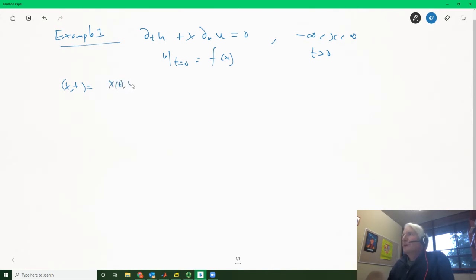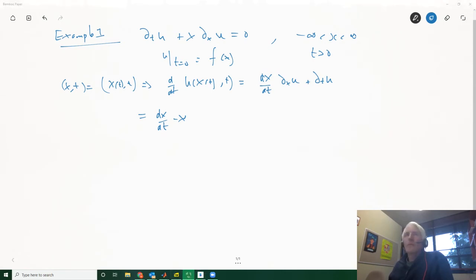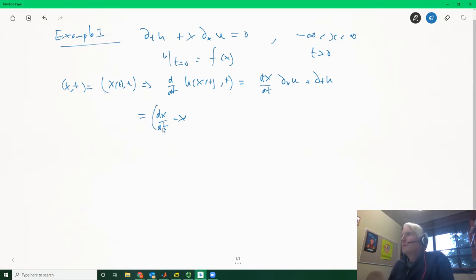big X of t times t, and then I find the time derivative of u of big X of t comma t, which is equal to dX/dt times the x derivative of u plus the t derivative of u, which is equal to dX/dt minus x, multiplied by the x derivative of u. Okay, and so the characteristics are given by